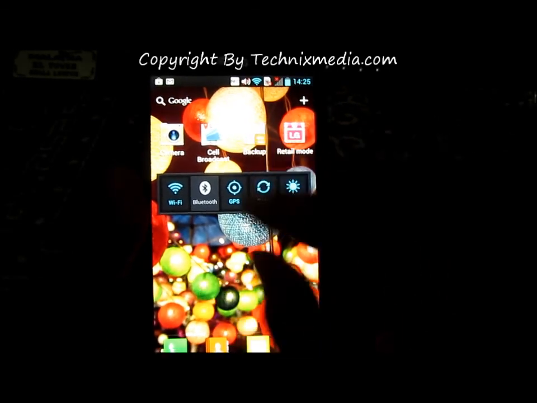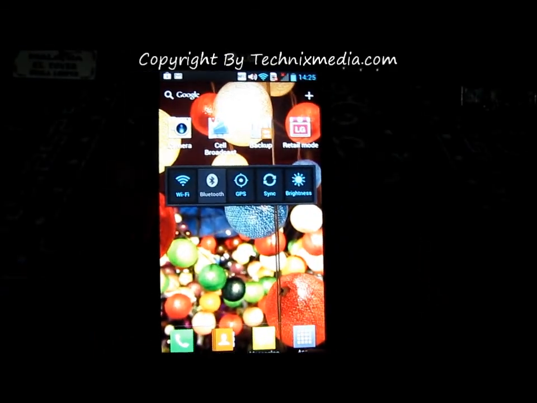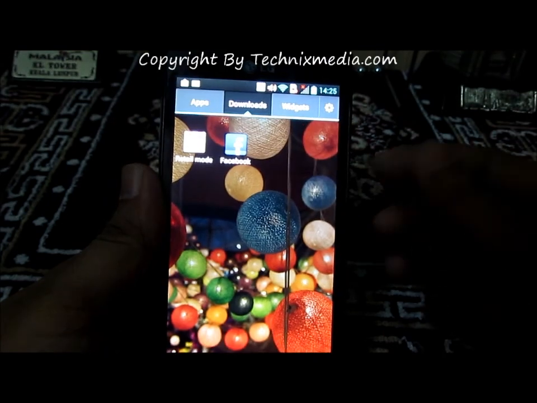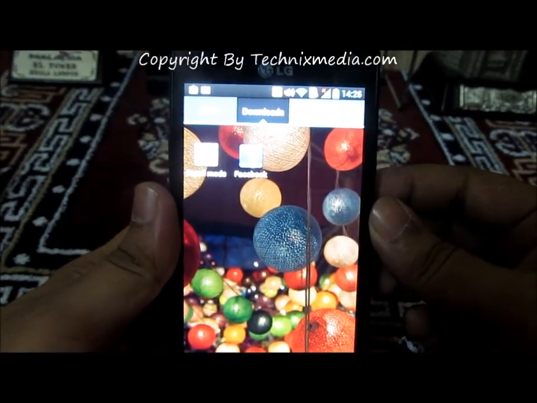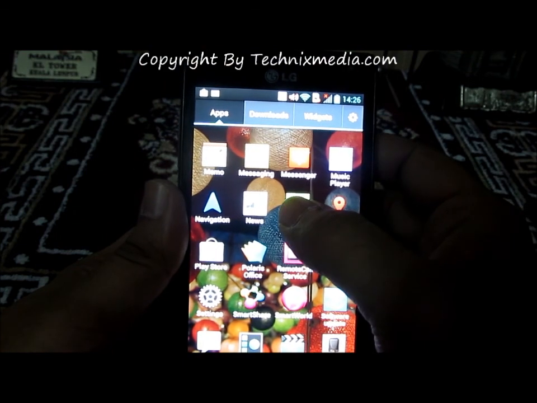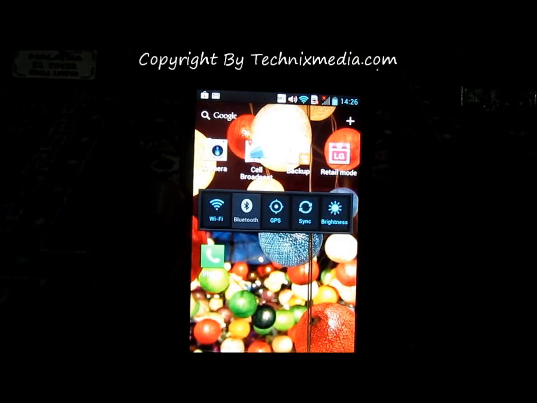In case you want to add some downloaded application which you have downloaded, or some other apps which are there on the phone, to a home screen, then you can go over here and then you can place the app like this.